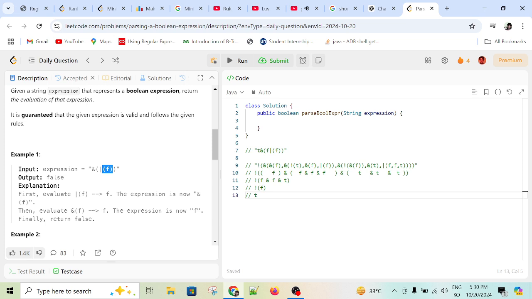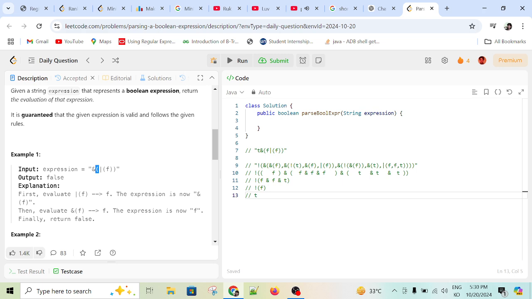The whole expression of this value will be false, and then whatever is inside this parenthesis, sorry, this parenthesis,